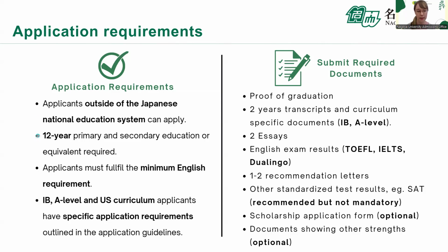What is really important is that you have finished 12 years of primary and secondary education, or some equivalent testing to a 12-year primary secondary education system. Some countries have an 11-year curriculum. I think Russia and Uzbekistan, some of the former Soviet countries, have an 11-year educational system. Some of those programs are also okay, but there will be a list on our website, I think in the application requirements, where